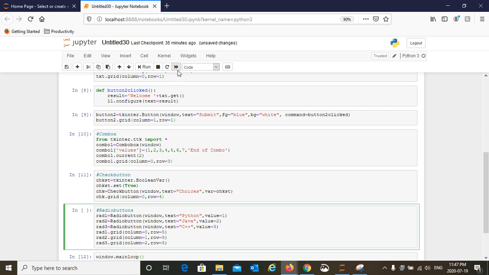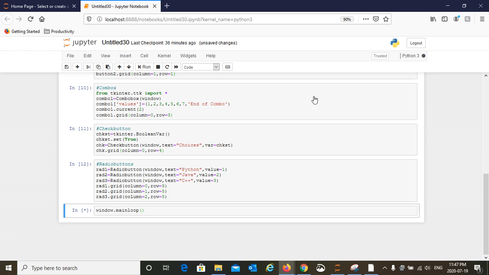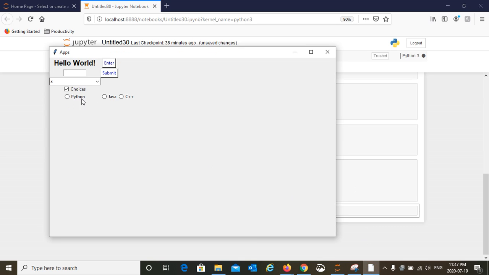Awesome, let's run it now. Here you see all 3 radio buttons. You can select one of these. These are some of the features you will use when you create the application, right? You can either put a label, you put a text box, you put buttons, you put a combo box, you put check buttons, or you put radio buttons.